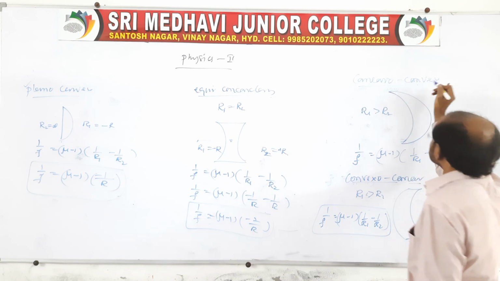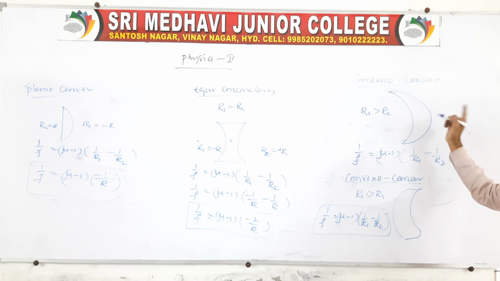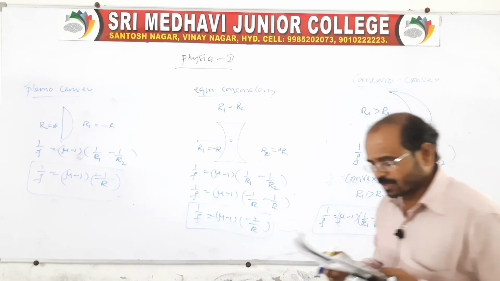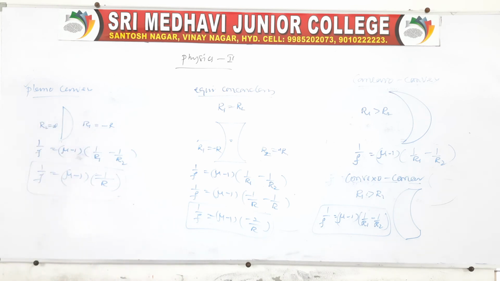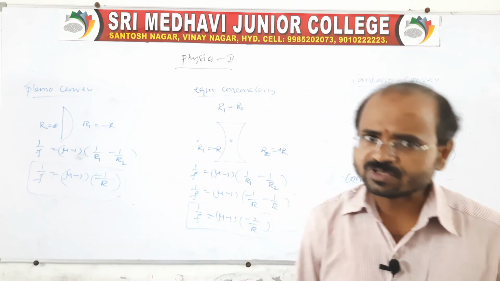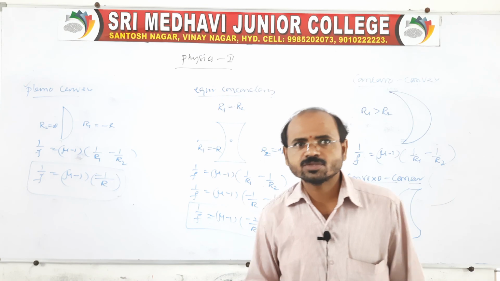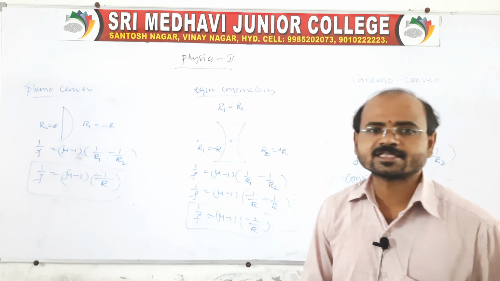This is also called a converging meniscus, and this is also called a diverging meniscus. Remember, these are the important cases and special cases related to the lens maker's formula, which are important for the objective examination, and which were given in the Telugu Academy textbook also. Suppose you refer to all these lenses and special cases in the lens maker's formula.